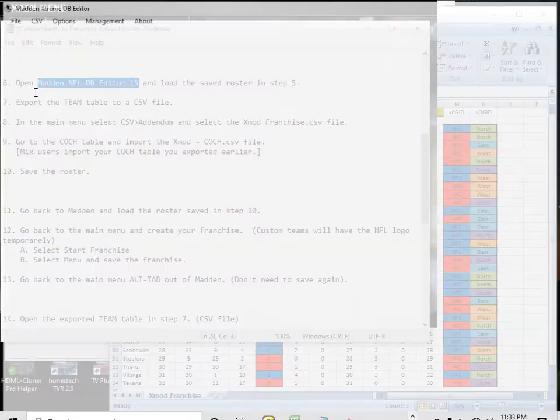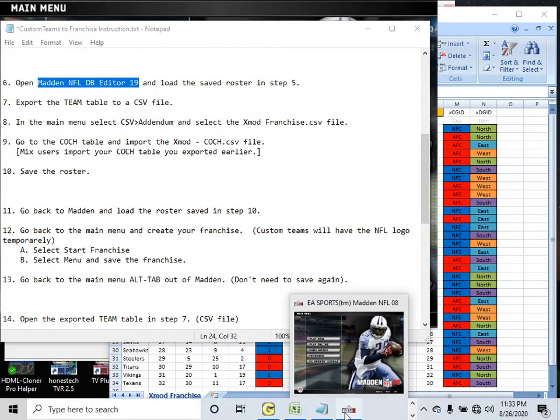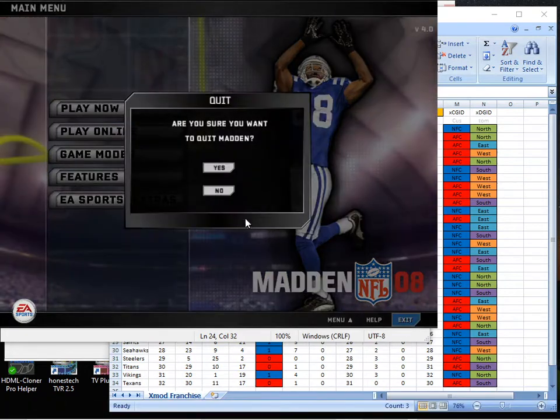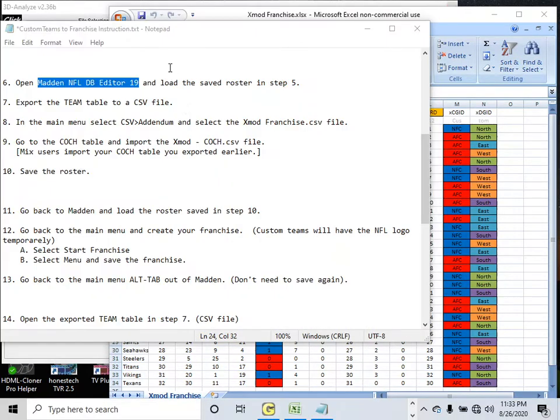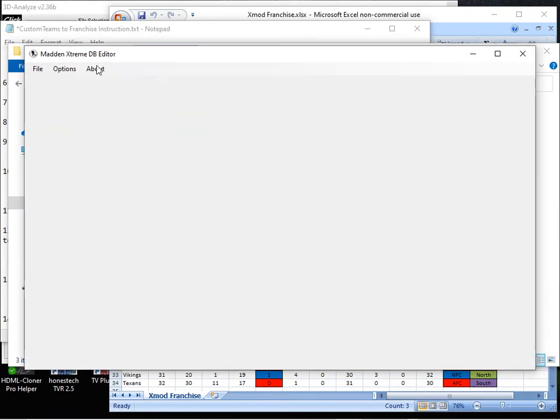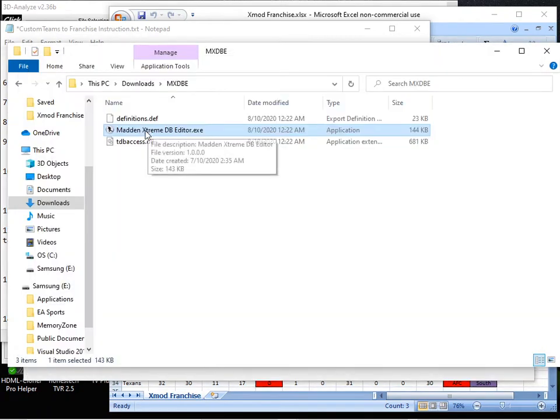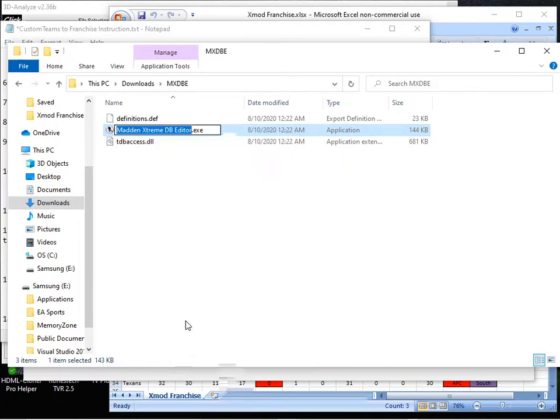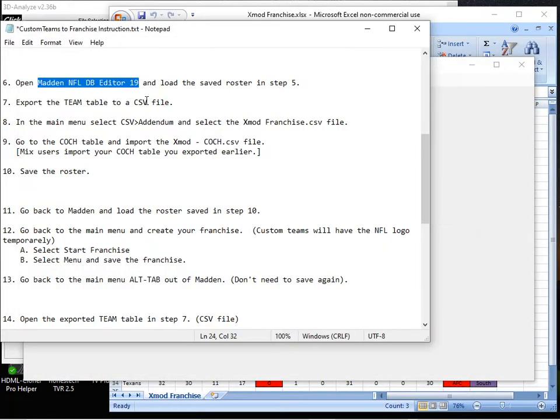okay. So what I need to do, guys, is close Madden because it runs my system super slow when I have it running. Okay, did I close the other one? Man, I didn't mean to do that, but I think I did. Okay, let me see where it's at here. So we need to change this to